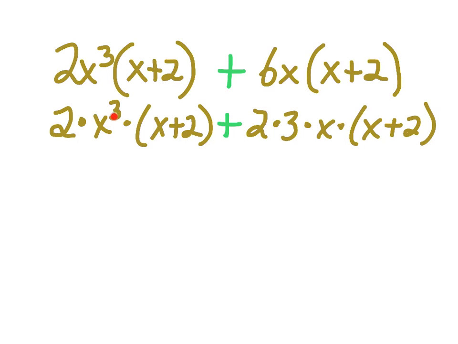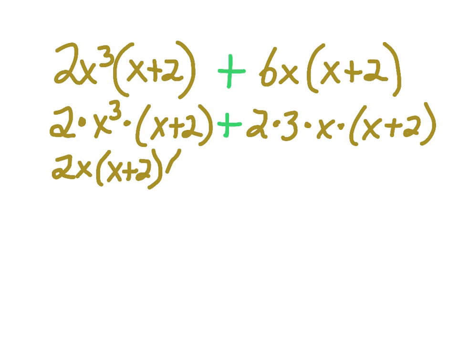Now if I look at this x cubed and this x, I have a common factor of x there, and I also have a common factor of that binomial x plus 2. So I'm going to factor out the 2, I'm going to factor out the x, I'm going to factor out the x plus 2,